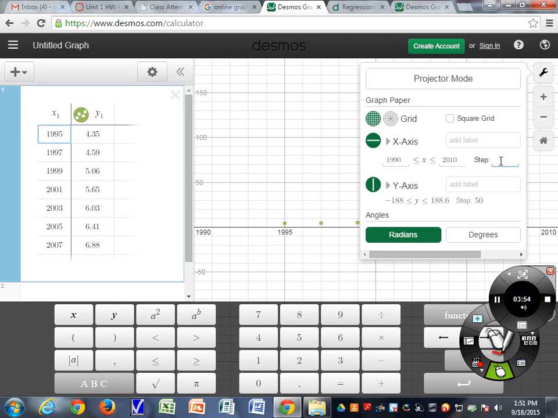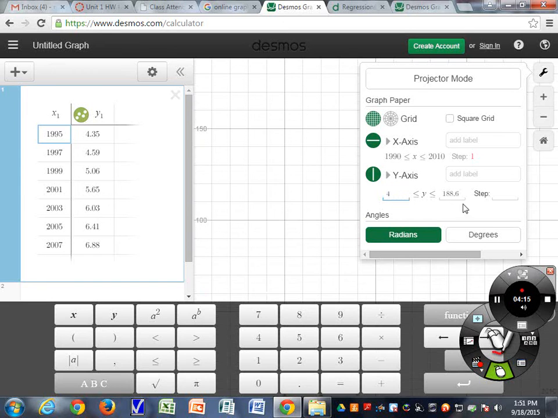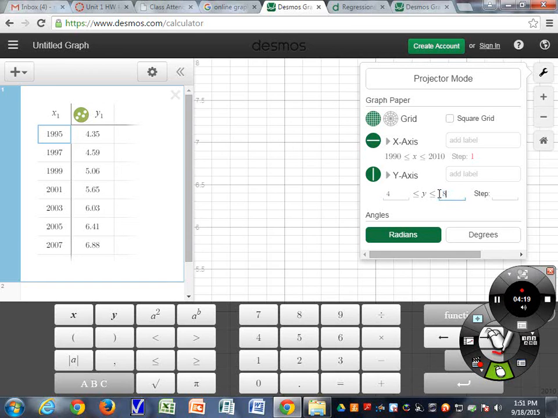And I'm going to have it go by steps of, let's see, 1 is probably the best because I want to see each year in between. So I'll keep it steps of 1. Now on the Y-axis, I want to see from like 4 up to maybe 8